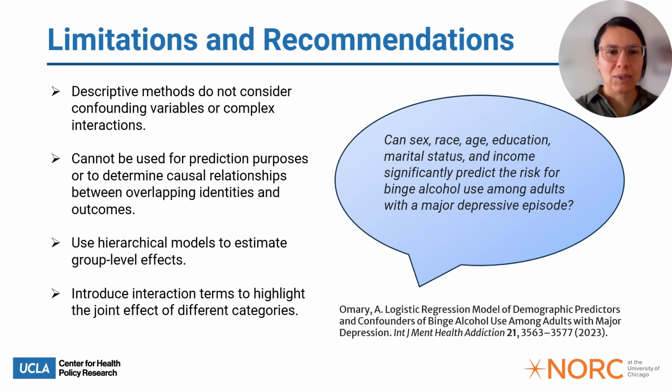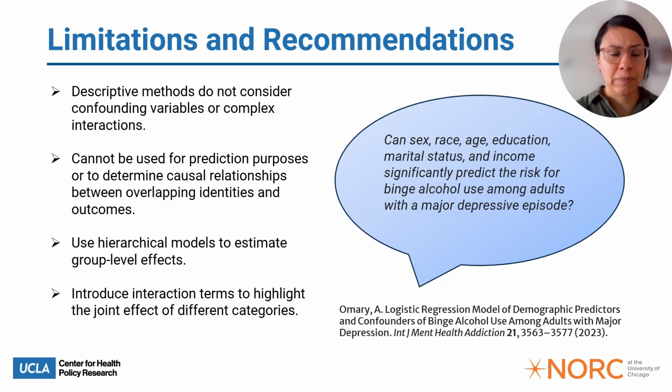Now we're moving to our closing remarks. Of course, descriptive analysis is a very important tool to identify and analyze differences in data. However, it has its limitations, right? We are not considering any confounding variables or complex interactions when we're just doing a descriptive analysis. And for this reason, we cannot use descriptive analysis for prediction purposes or to determine any causal relationships between overlapping identities and outcomes. If we want to do that, then we have to move to more sophisticated data analysis tools